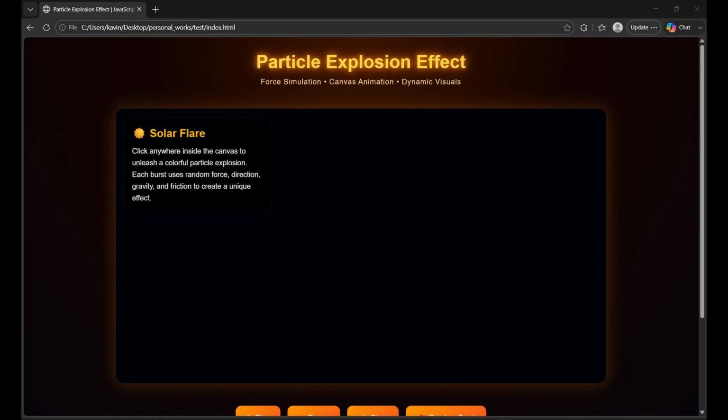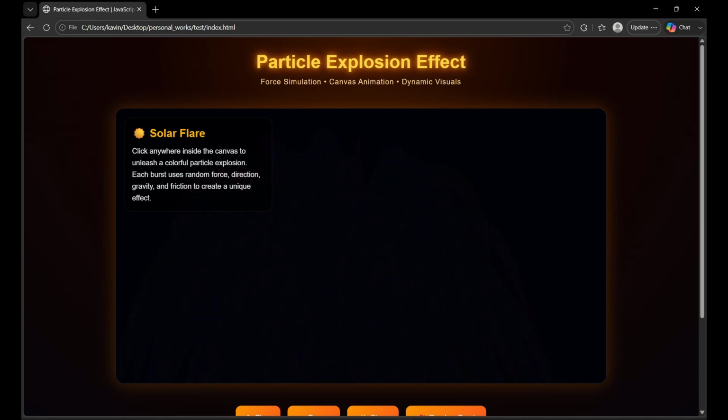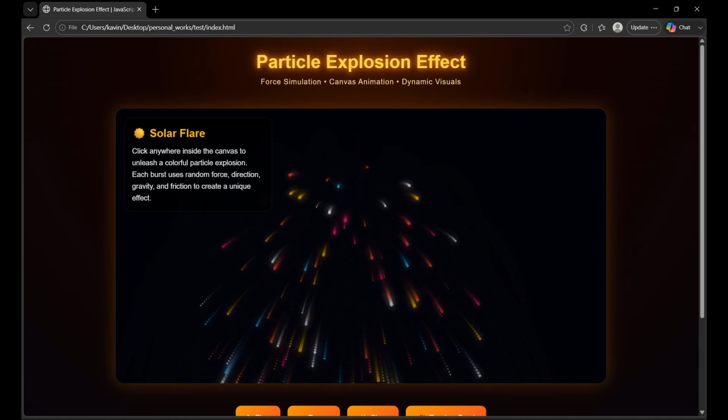Hello everyone. So far you have seen particles before, circles fading out and floating away. But this one is different. See, when I click, a spark arises, an explosion-like particle spark. These are the sparks with rotating squares, each one tumbling through the air with its own spin, its own speed